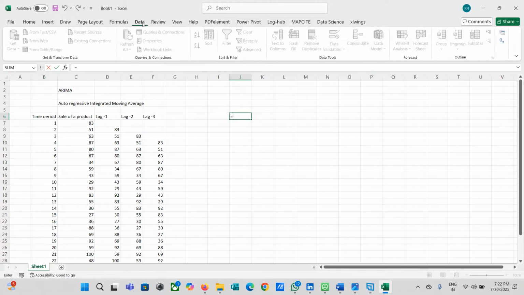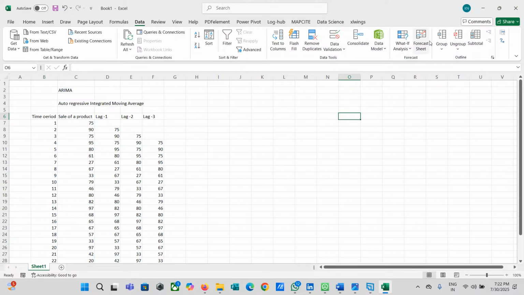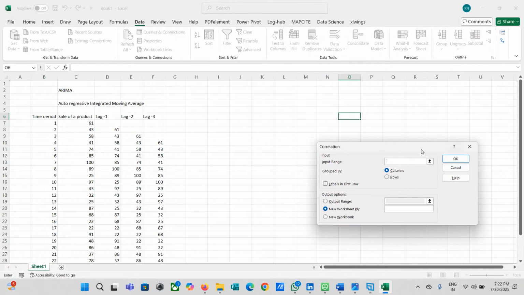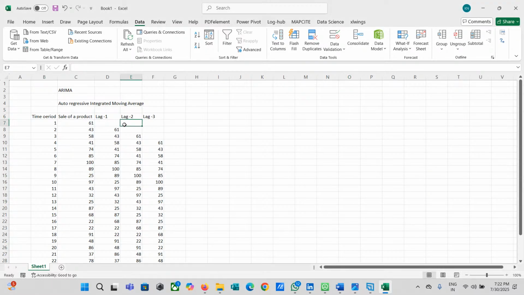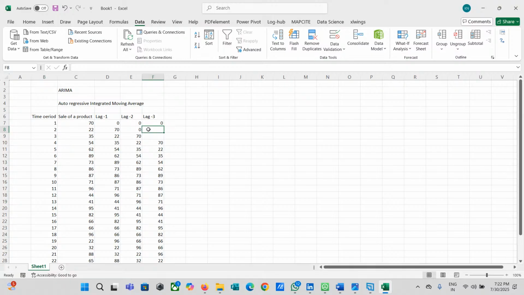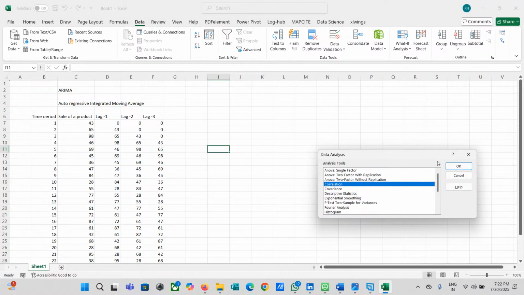So if you do this kind of study and want to find a correlation, I'll go to data, then I'll go to data analysis. I see data analysis here, and I go to correlation, and I select my range from here. Let me do one thing before that. I'll put 0 wherever I have a blank, right? This will help me to create a uniform structure. There's another way to do this, but I'm going to take this method. So let me go and create my correlation here.